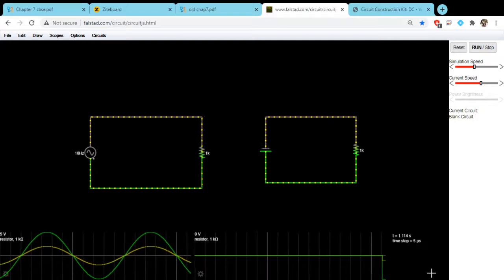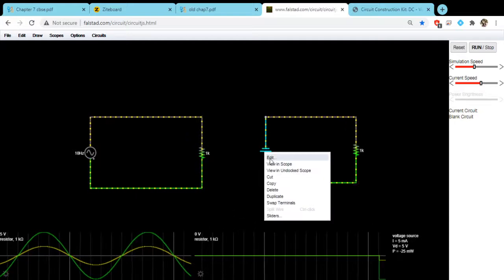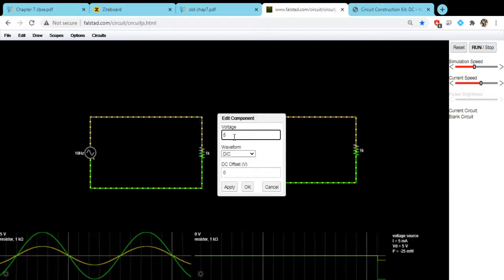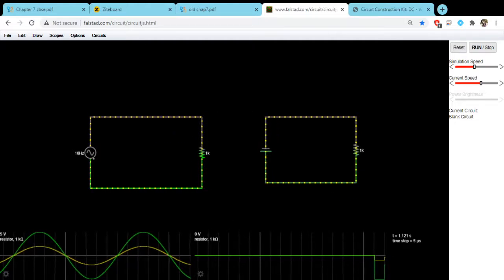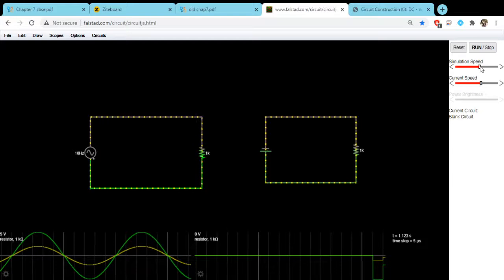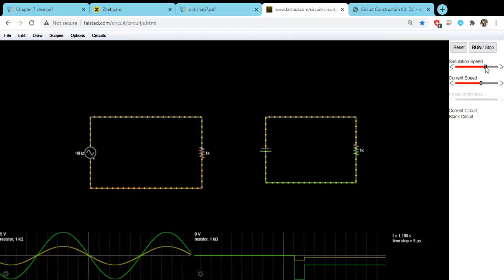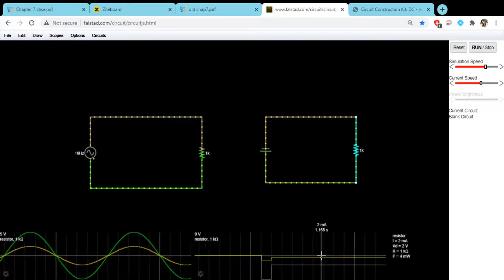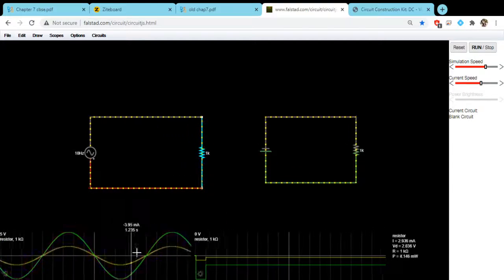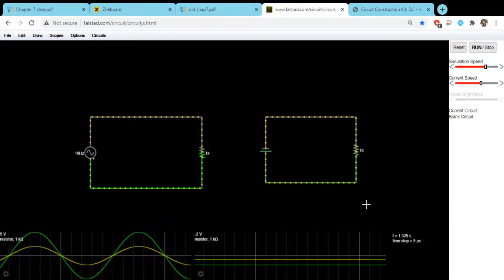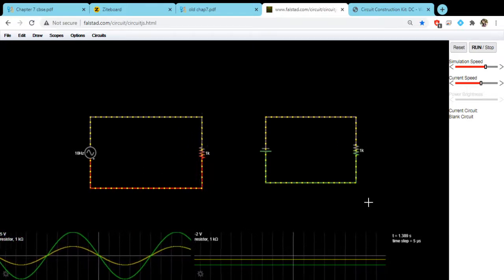The constant graph you will see here. Okay, let me decrease voltage, and let me increase. Okay, you see the constant graph for the voltage and current, and the varying graph for the alternating current. So this is how you understand how AC is different from DC.